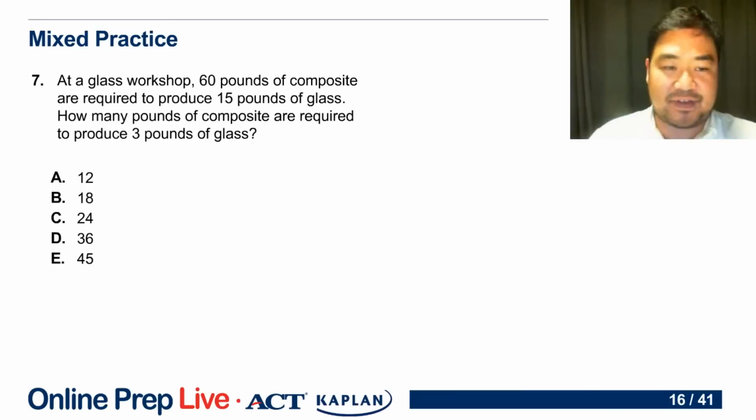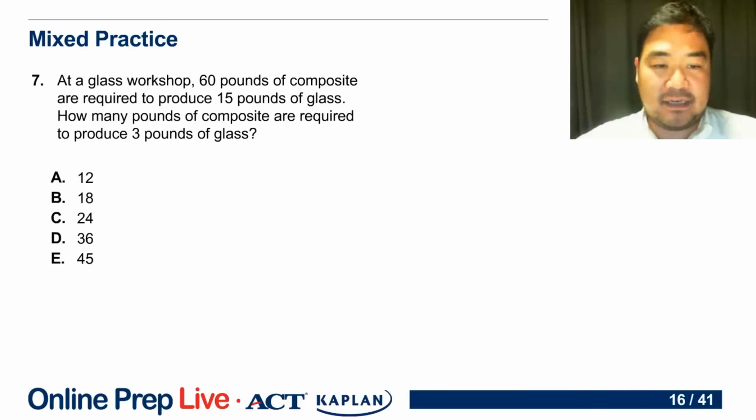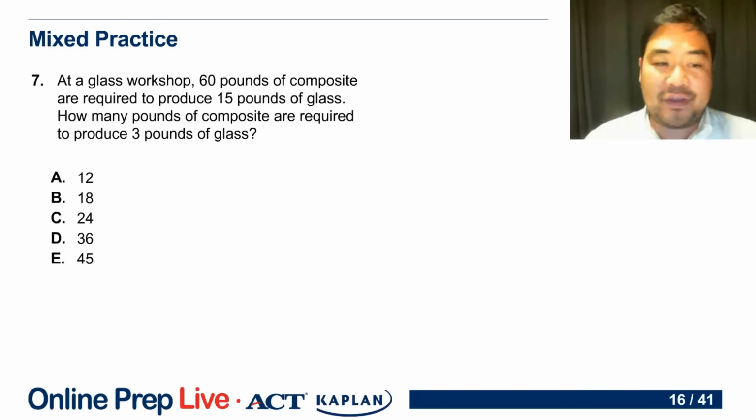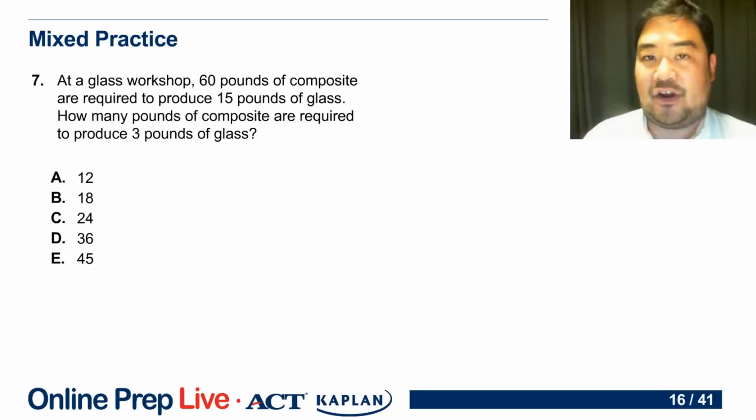Take a look at number 7. At a glass workshop, 60 pounds of composite are required to produce 15 pounds of glass. How many pounds of composite are required to produce 3 pounds of glass? So again, before you start digging into the question, tell me, what's the math topic here? What's the concept that the test here is asking you,